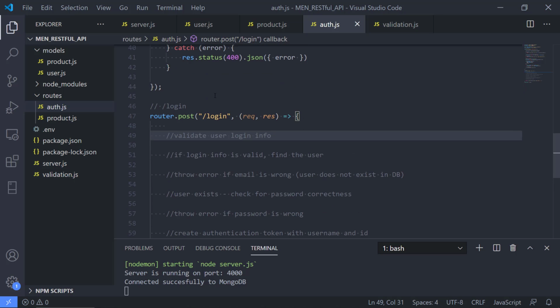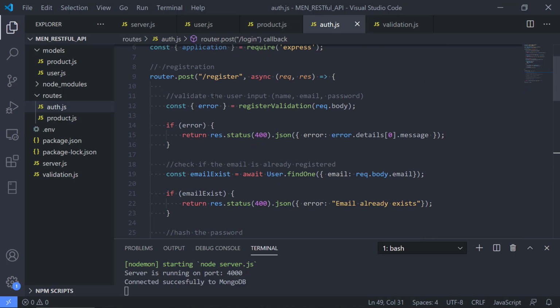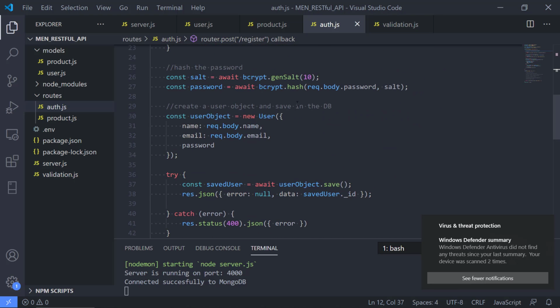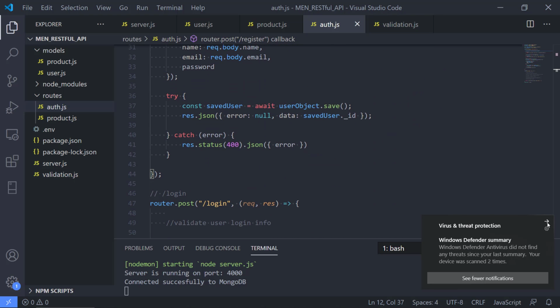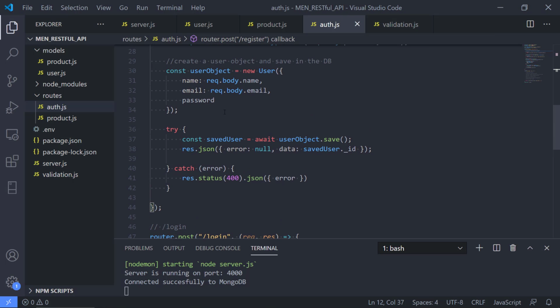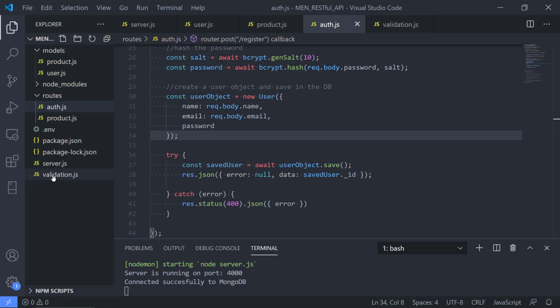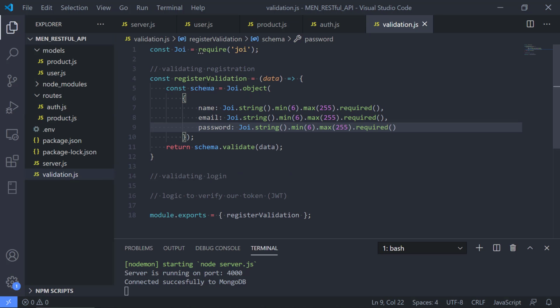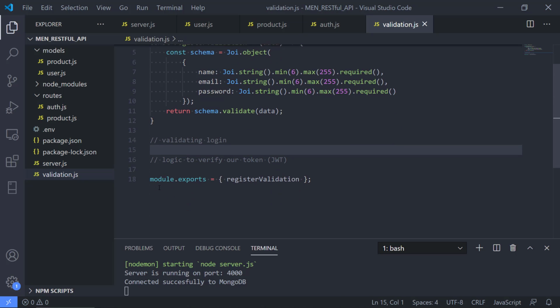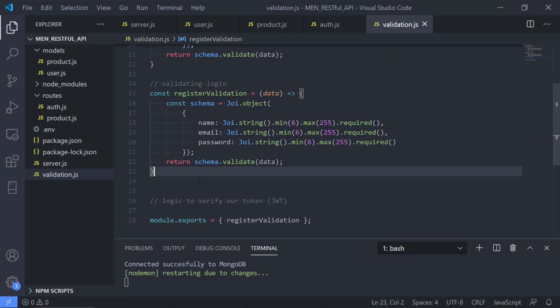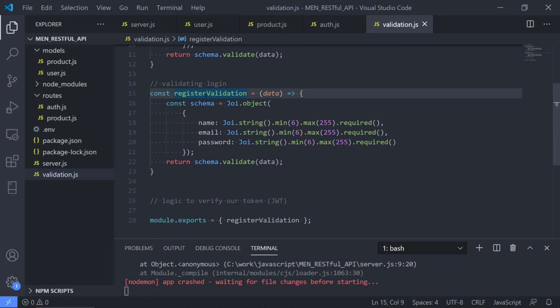But the first thing is that we need to validate the information, and we also have this validation code for when you registered a new user. And again, this is also kind of the same. Let's get rid of that there. And so we have the validation JS file here, and we can see we have register validation, and we should make a similar piece of code for the login validation. So I'm just going to copy this code here, and we can see that it should not be called register again. We should call this login